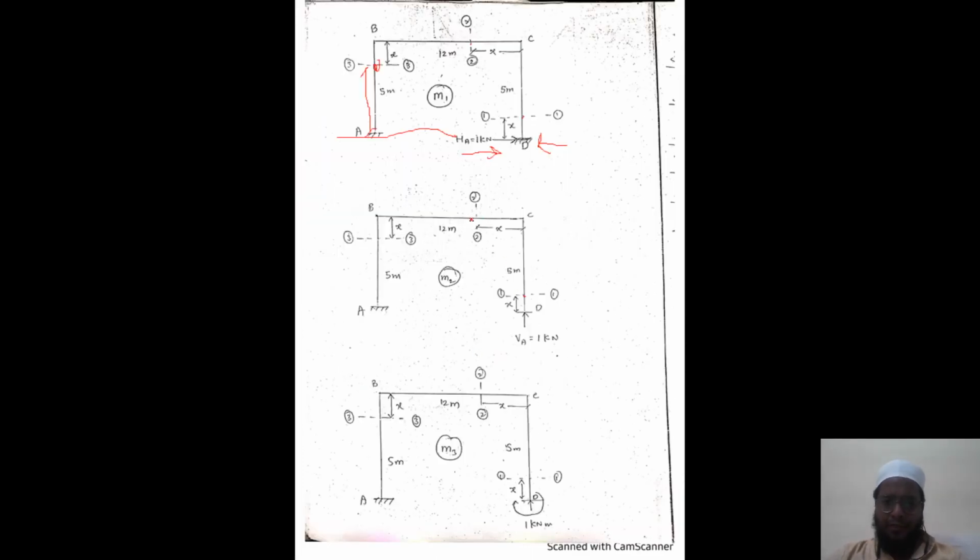So if you calculate moment at this location, see here, VA, that is 1 kilonewton, is passing through the point. Okay, so what happens when the force is passing through the point? Moment will be equal to 0, isn't it? So this is how we got moment is equal to 0 for M2 diagram. Okay, now next is we have this one, this section 2-2. See here, section force 1 kilonewton is passing in anti-clockwise direction, and it is on the right side, and perpendicular distance is x. So 1 into x, you see here, plus 1 into x.